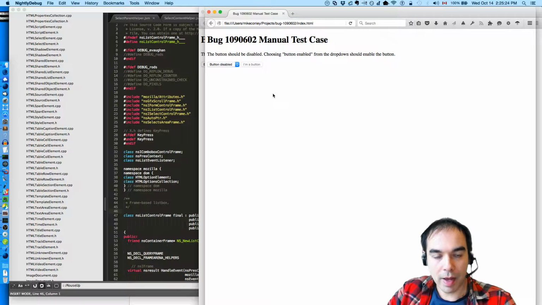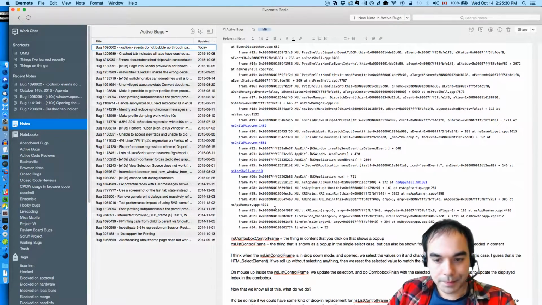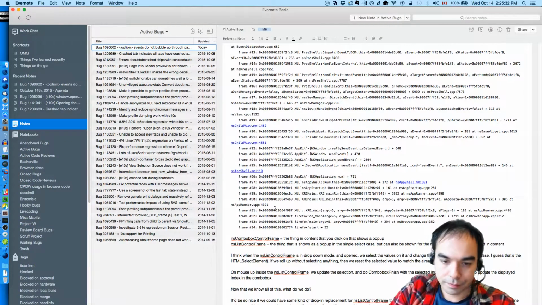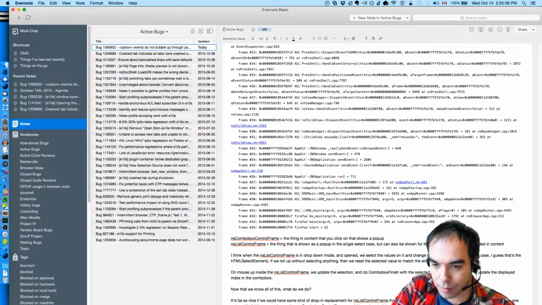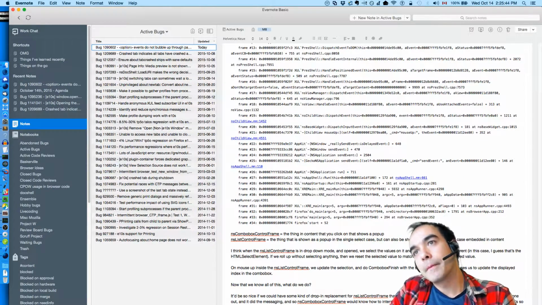It's a different code path. Right-o. How are we going to do this?